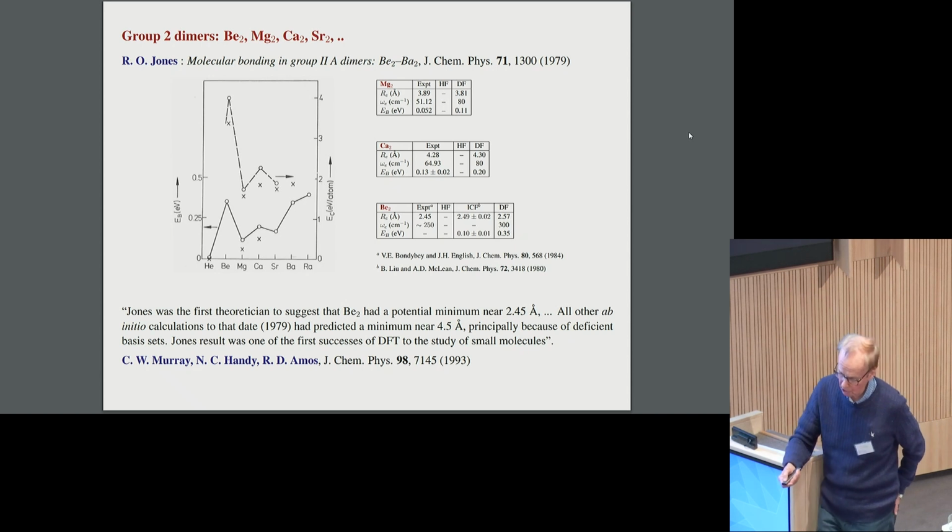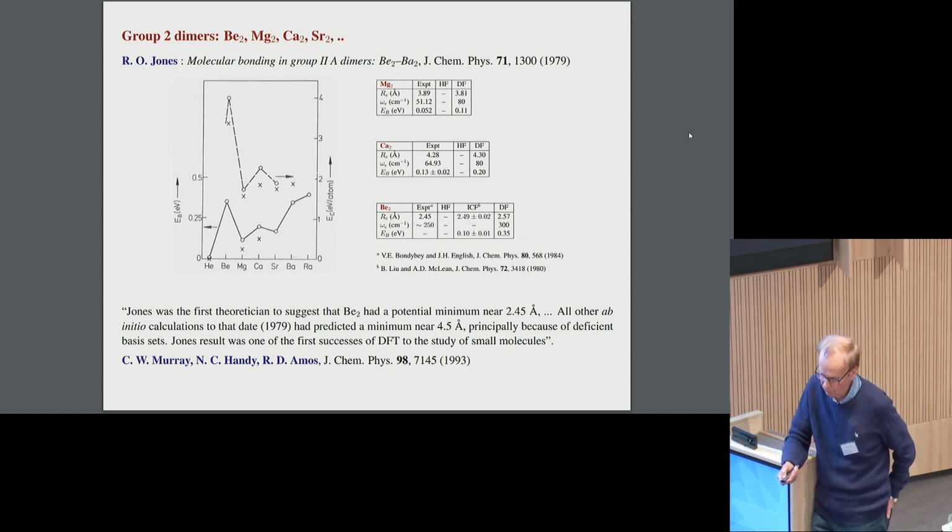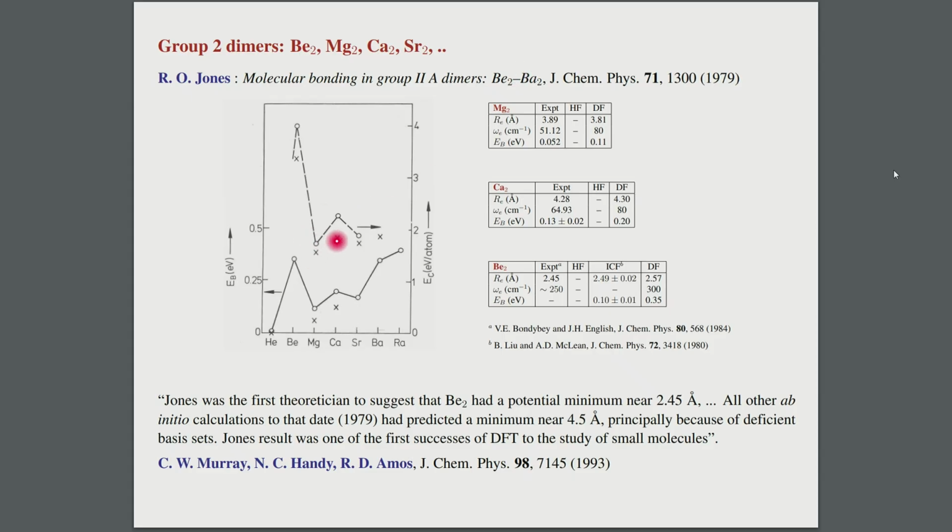Also shown are the results for the cohesive energy, this upper curve here. The X's are not our results, but from Mark Williams. And once again, there is a zigzag here, beryllium, and the cohesive energy, the binding energy of the solid, and an overestimate resulting from the use of the local density approximation.